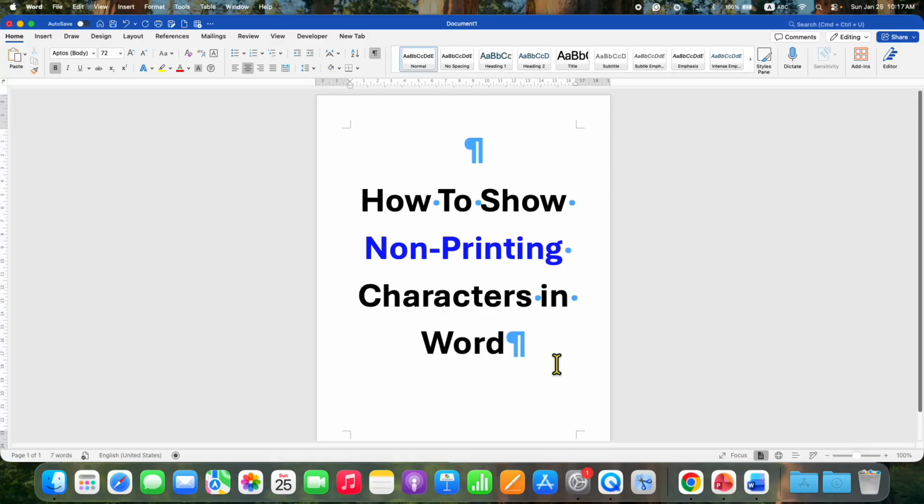In this video, you will see how to show non-printing characters like this in a Word document, like space, tab, and paragraph breaks. It's very easy. The quickest way is to use the ribbon, and you need to just go to the Home tab,